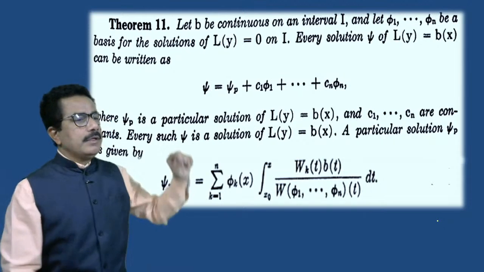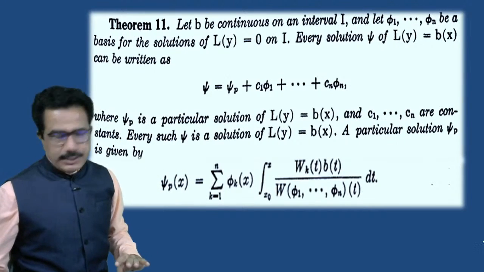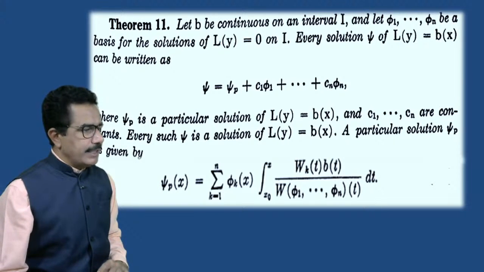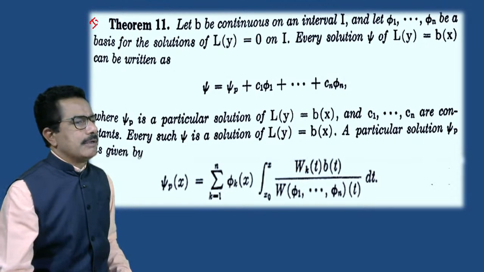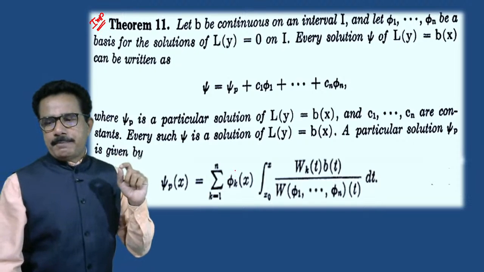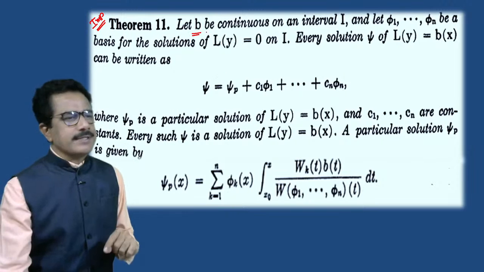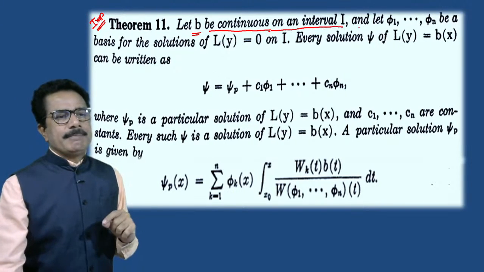Actually, the main theorem to solve the homogeneous differential equation with variable coefficients, we have to consider, this is theorem number 11. Actually, this is also an important theorem here. See this. The statement of the theorem is that let B of x be continuous on an interval I,